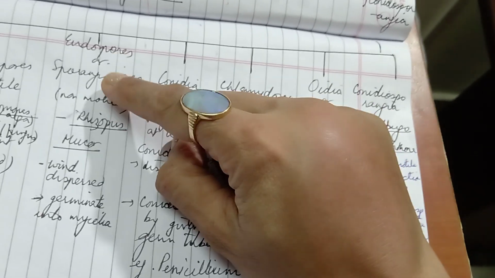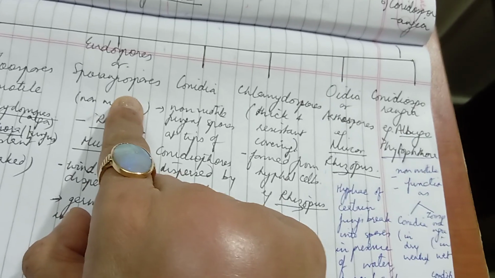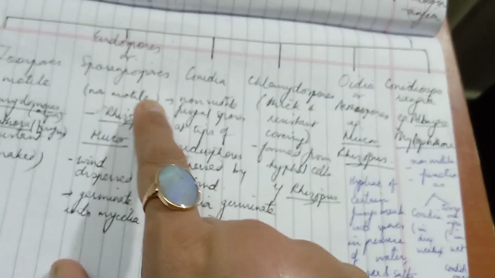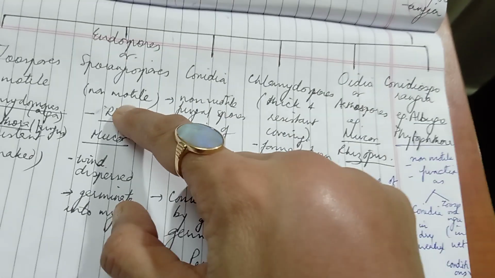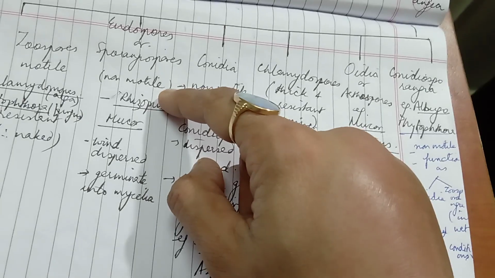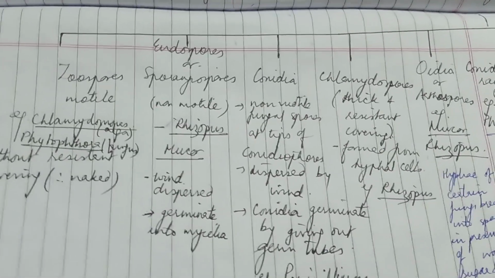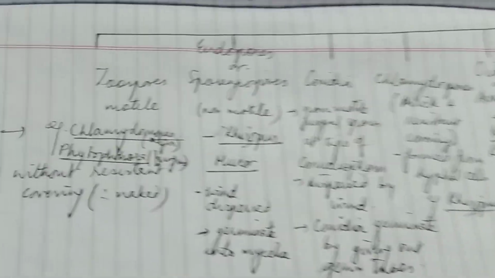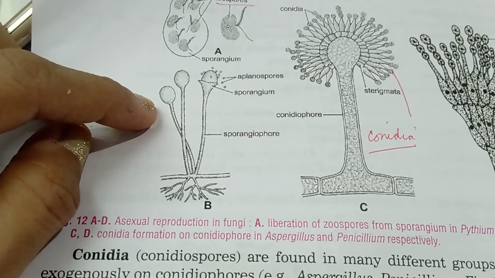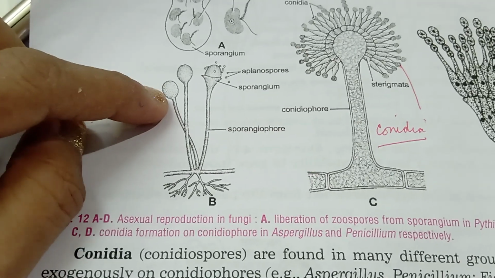Another characteristic is that they are dispersed by wind, and whenever they germinate into a mycelium, or what we call in plural as mycelia. Alright. So how it is that endospores or sporangiospores are different from zoospores? Basic is these were motile because they had flagella, but sporangiospores are totally non-motile because they are not having any flagella for swimming. Alright. Coming to the picture of this sporangiospores. These are sporangiospores. You can see they do not have any flagella, so they won't be able to swim around.